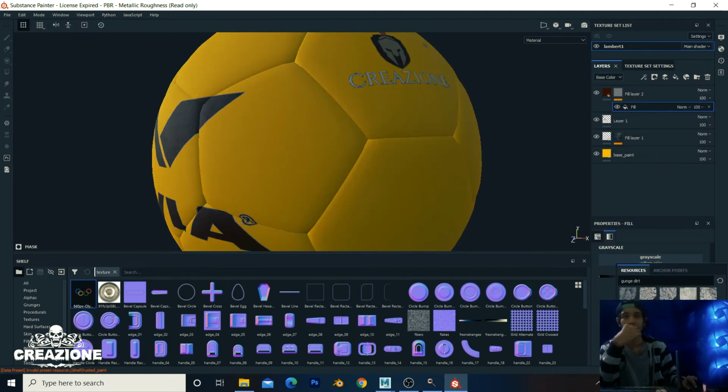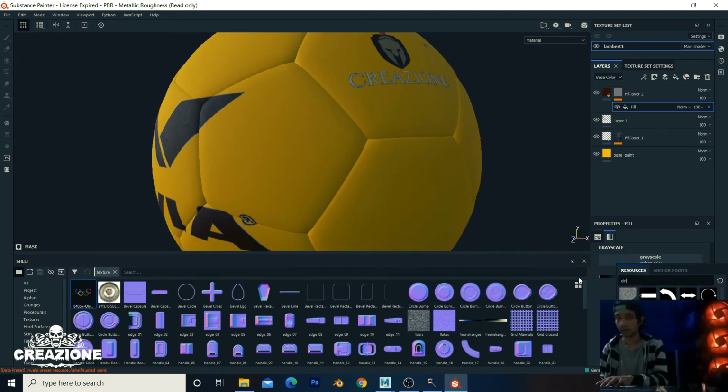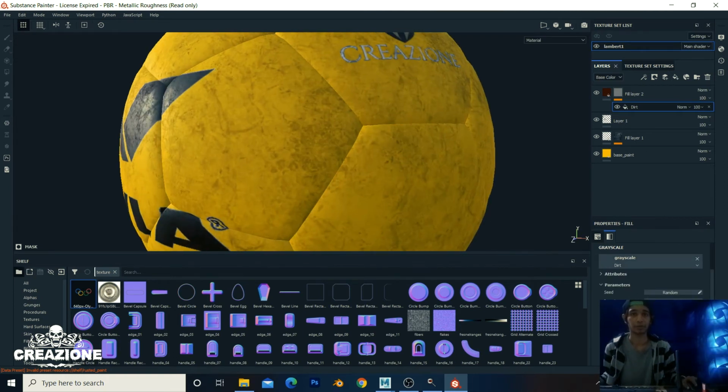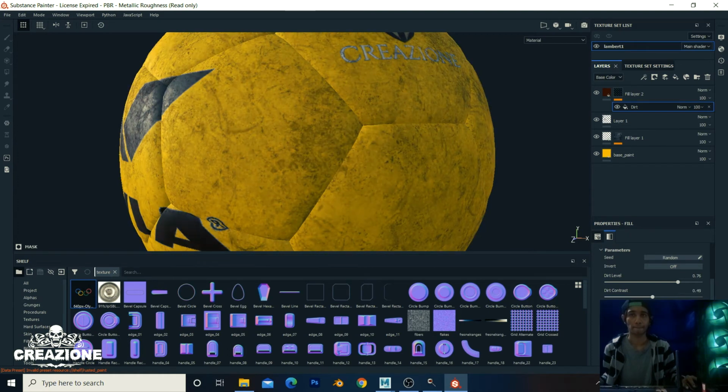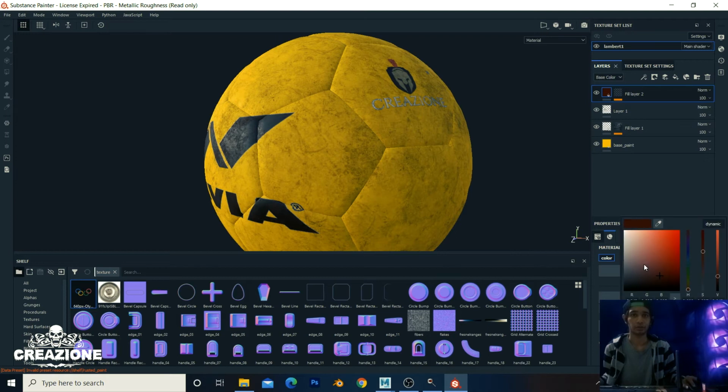In the fill layer I'm gonna add, we have a dirt filter, which is my favorite, and we can turn the dirt level on, dirt contrast, amount. We can change the color of the dirt. Yeah, this looks fine. Make it darker,